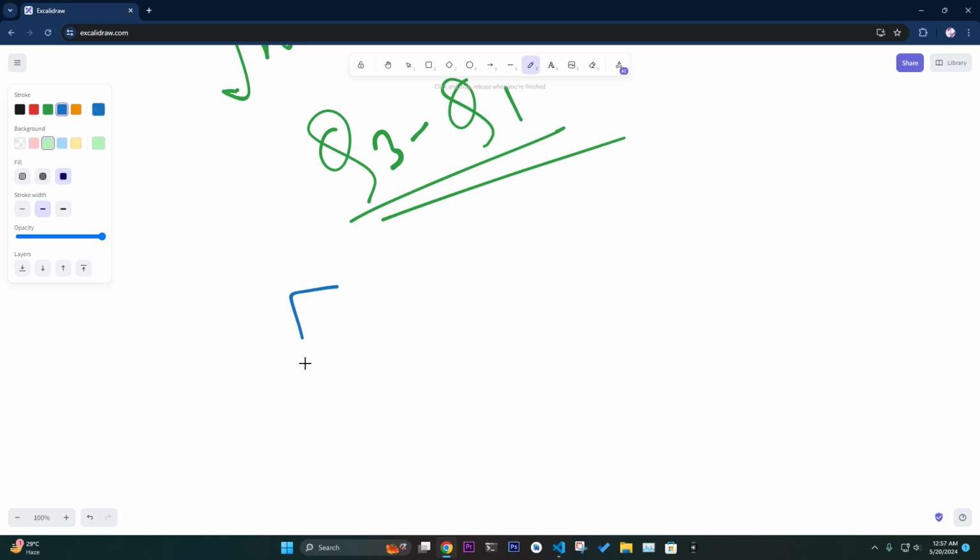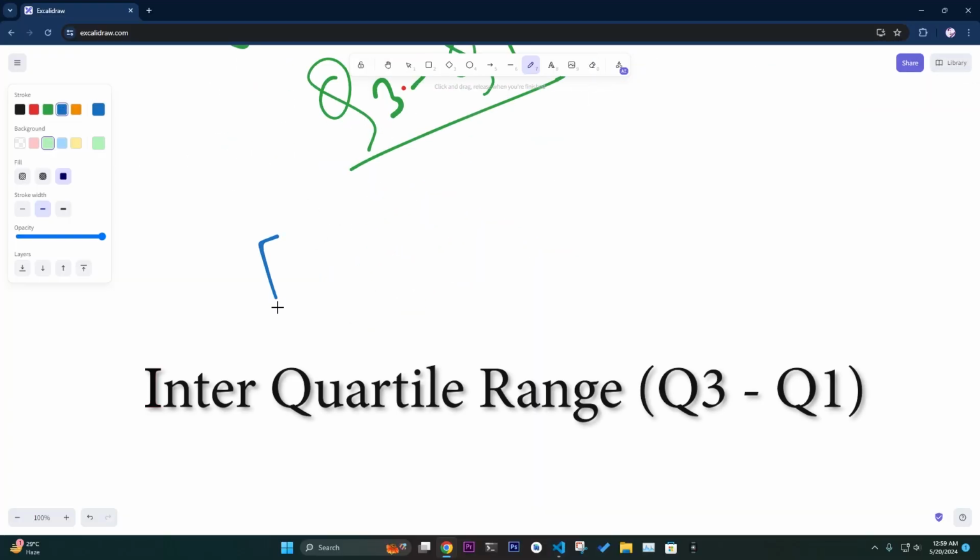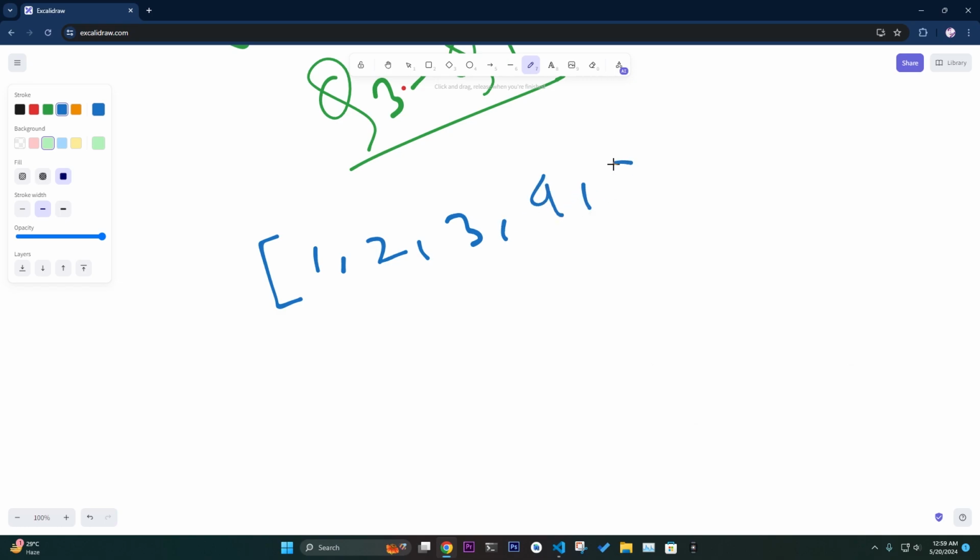Okay, so let me take an array, and in this program we're going to solve every single thing with time complexity analysis, so that you can get a full understanding of how the algorithm works, how the program works, and how the interquartile range works here. So if I take an input array like 1, 2, 3, 4, 5, we have a total of 5 elements, which is an odd number, and 3 here is the